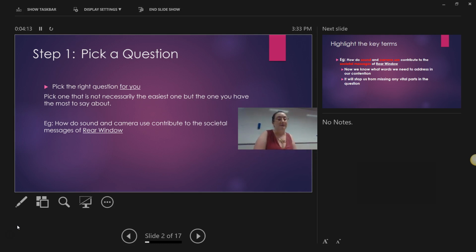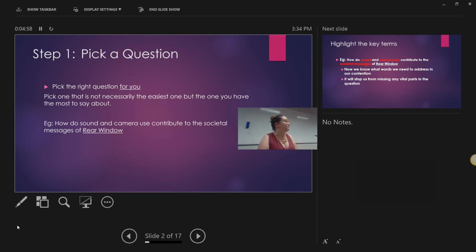The other thing that I would really recommend, like Smith was saying about the quote: if there is a quote in a question, you need to address it, use it in some form or fashion. So if you pick one with a quote, you need to know that quote, where it's come from and what it's about. Usually they put a quote in because they want to push you in the right direction. They're like, this question might be misinterpreted, so I'm going to give them this quote as well so that they know I'm particularly wanting them to talk about